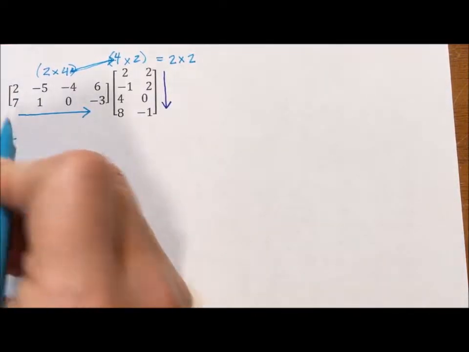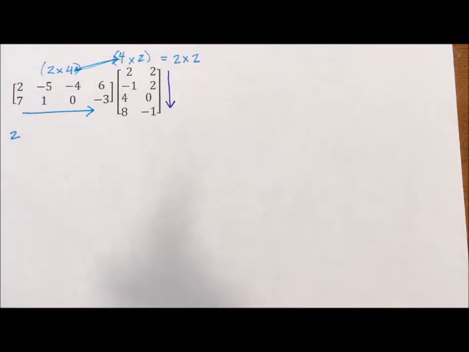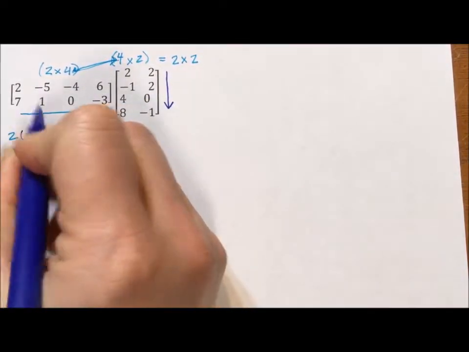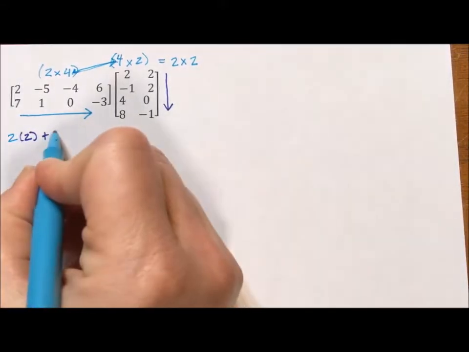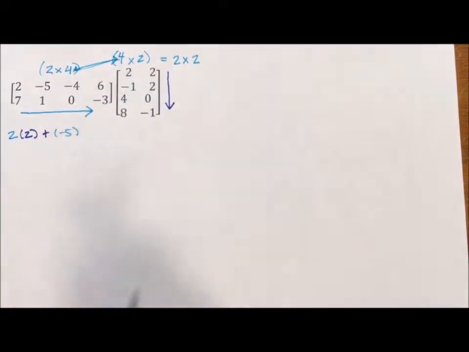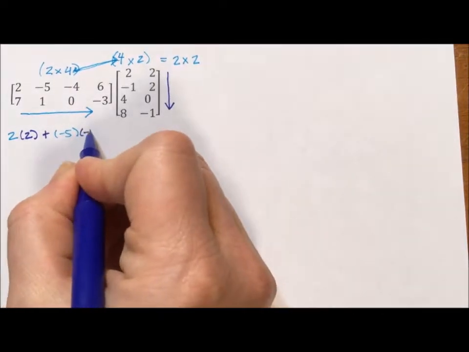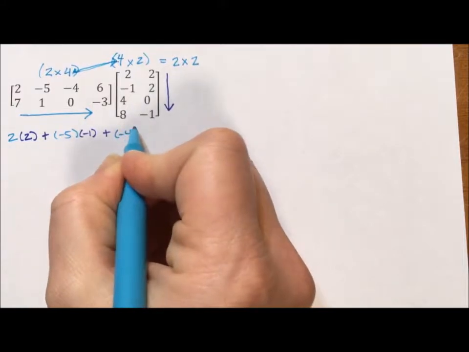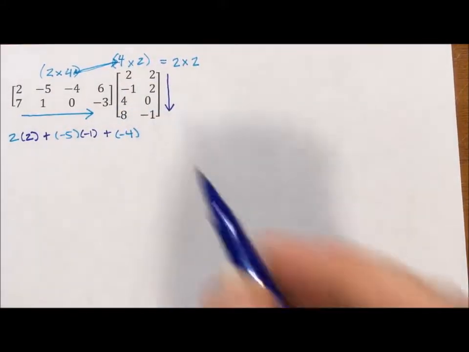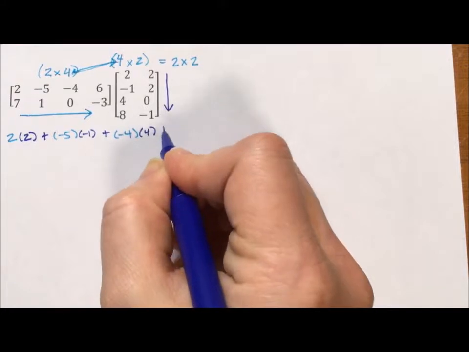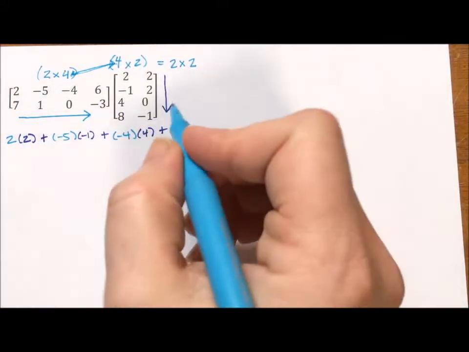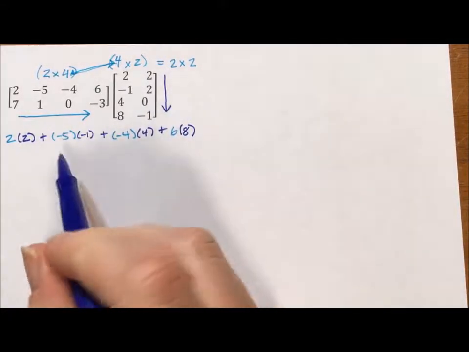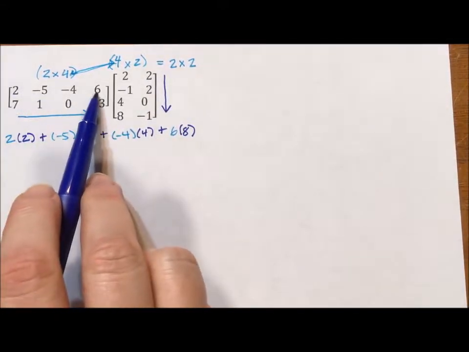This 2 multiplies to this 2, plus the negative 5, which multiplies to the negative 1, plus that negative 4 multiplies to this 4, plus that 6 multiplies to this 8. What I just did is I multiplied all the numbers in the first row of the